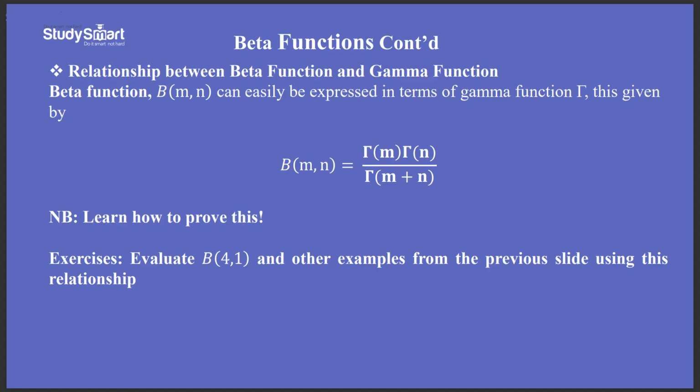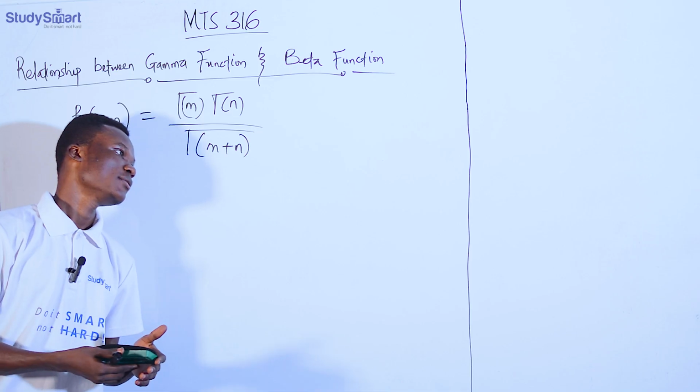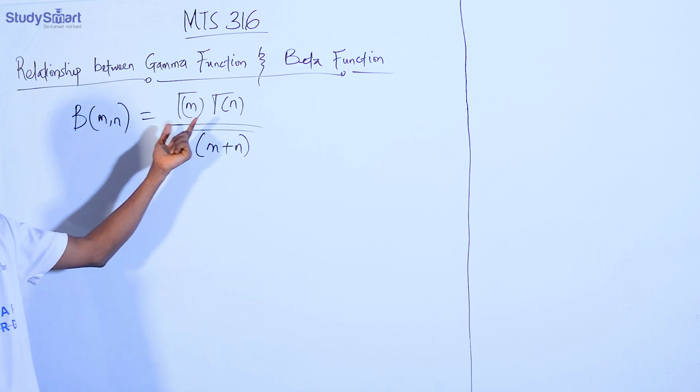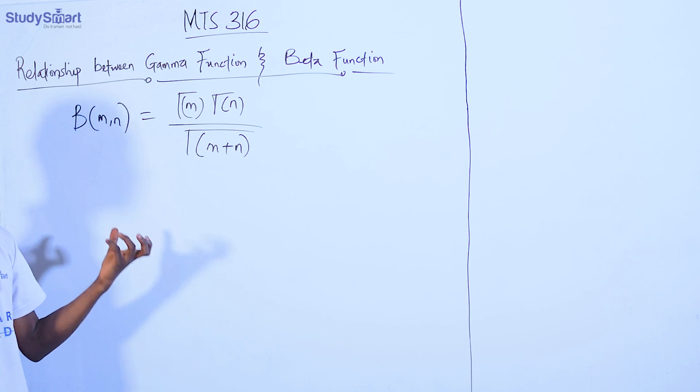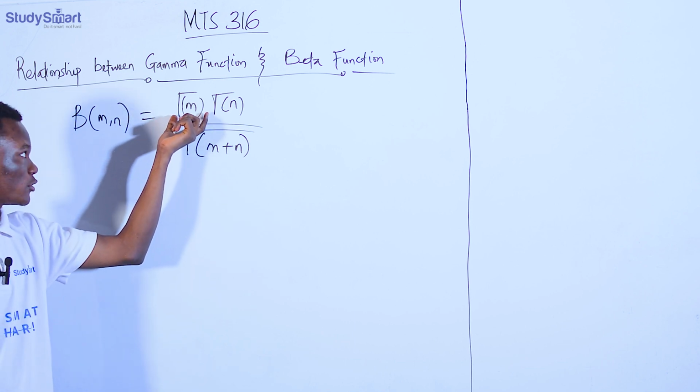your exam. Right, so from the slide you can see a beta function can be related in terms of gamma function as beta m comma n is equal to gamma m gamma n over gamma m plus n. All right, first thing is, you see that the numerator here is multiplying two gamma functions together. So that means you can have a gamma function that